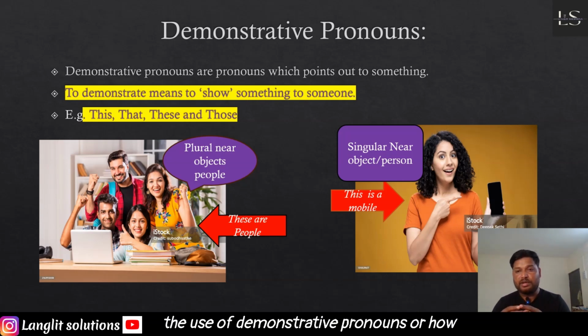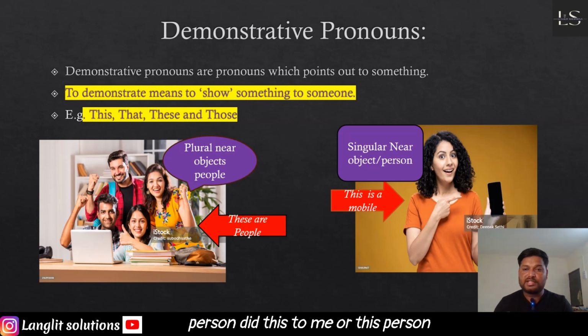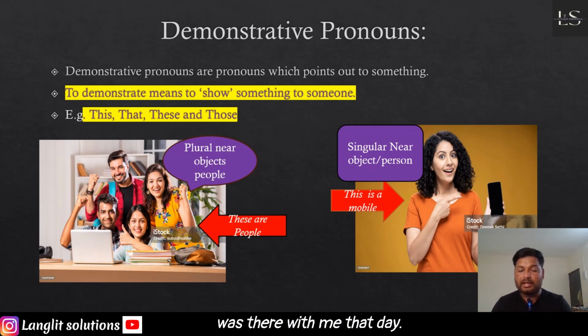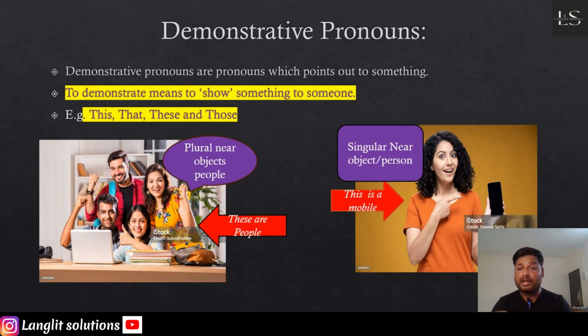So what is the use of demonstrative pronouns, or how do you use them in day-to-day communication? When you want to talk about or indicate a person, suppose you want to point fingers at somebody, you'll be saying this person did this to me, or this person was there with me that day. Or if you want to talk about, this is a mic, or this is my t-shirt. Suppose you want to show something to somebody, you will be using